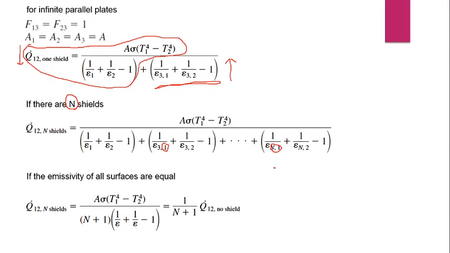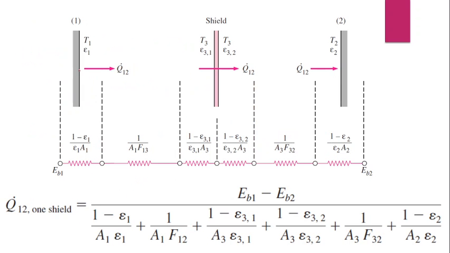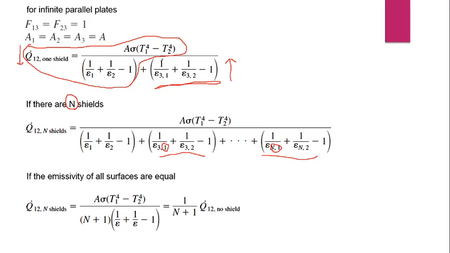Suppose the emissivity of all the surfaces including surface 1 and surface 2, the emissivity of this surface, shield and this surface 2, is equal. In that case, the expression you are going to find is this: